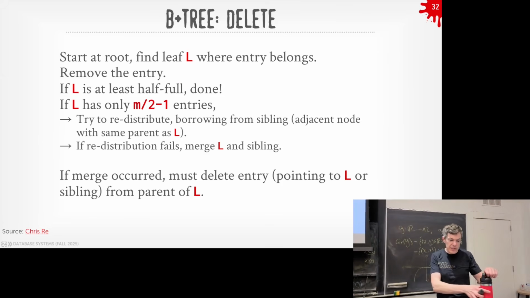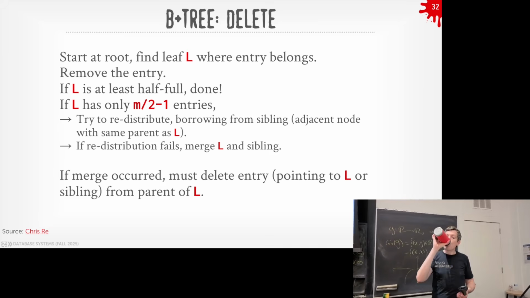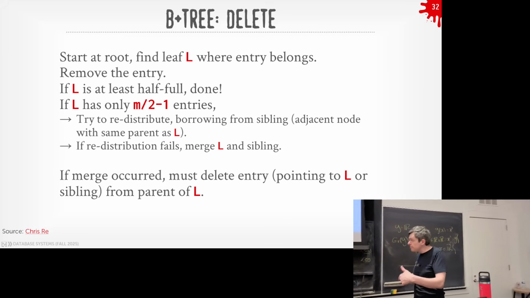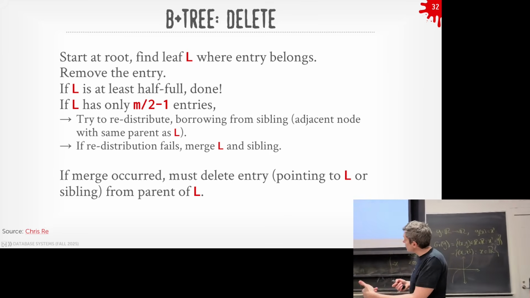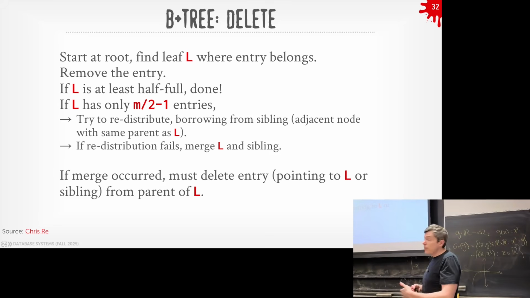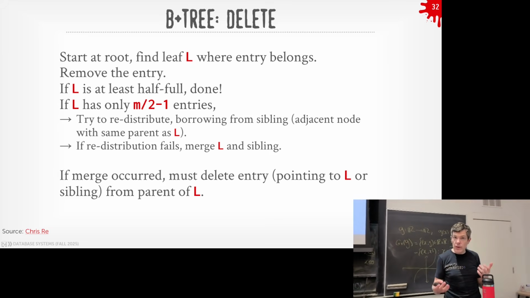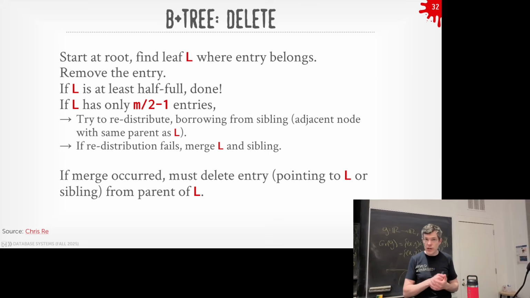All right, so let's look at the deletes. Deletes are basically the opposite of this. The idea is that when we delete a key from a leaf node, if it's still at least half full, congrats, we're done. We don't do anything. If deleting that key makes us less than half full, we can first try to redistribute and rebalance the data structure, in the way he was suggesting, by stealing keys from our siblings so that we don't have to reorganize everything all over again.